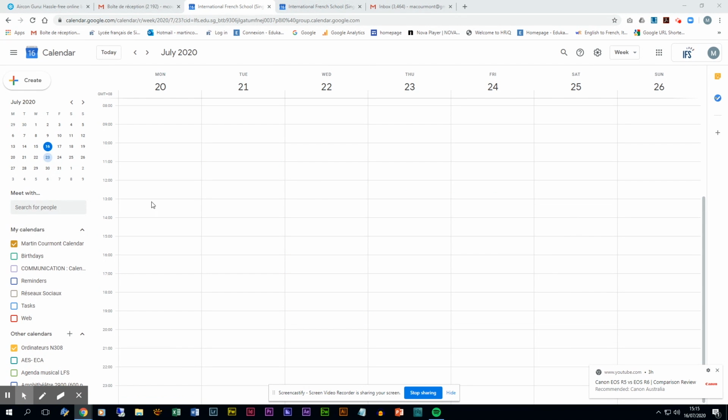There are different ways to invite a guest to your event. First, you can check what is their availability. On the left side, just right there, you have this function, Meet With. Enter the email address of the guest you want to invite and you will be able to look at their schedule.